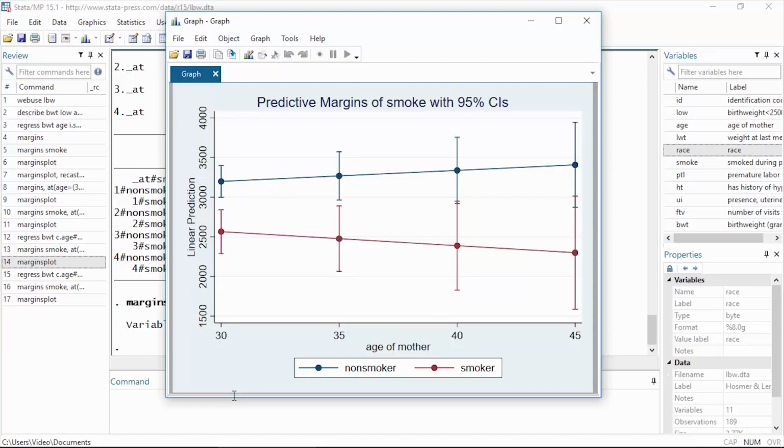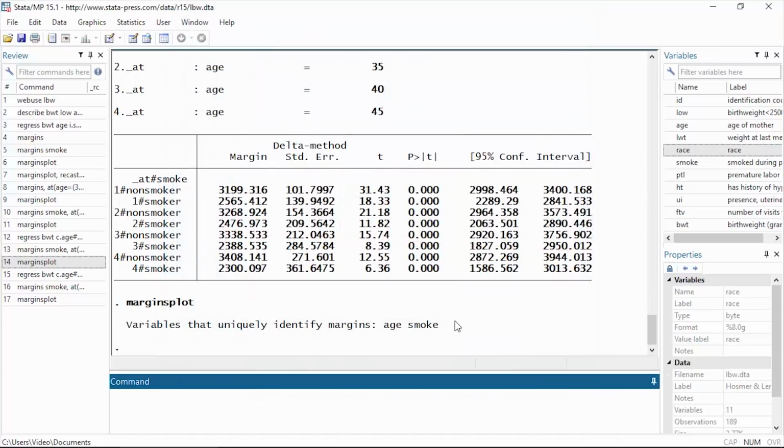So I could put lots of other covariates in my model and create this exact same graph adjusted for all those other covariates. Now, this works for more than just regression. I can also type logistic, and in this case I'm going to use low as the outcome, which is an indicator for low birth weight less than 2,500, and I'm going to again type c.age, and then two little sharps there, and then i.smoke. And heck, let's just go ahead and put race in there too. So now I have this logistic regression model for low birth weight, including a full factorial model for age and smoke, and then adjusting for race.